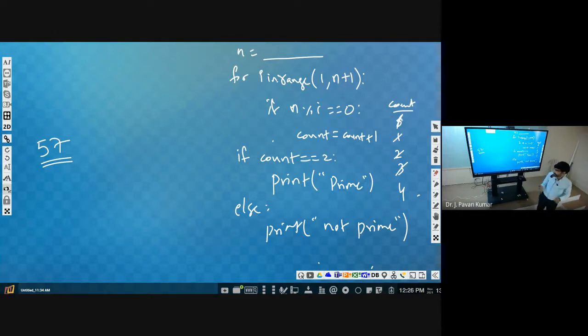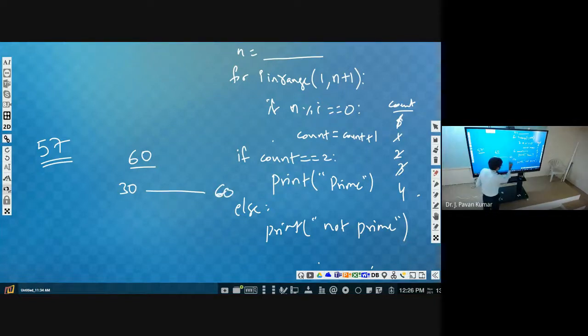We have discussed this kind of thing. Like you consider 60 as the number. Okay, 60 will be a factor definitely. 1 will be a factor definitely. Now 30 is also a factor. Now you consider the 30 to 60 range, that is 31 to 59.